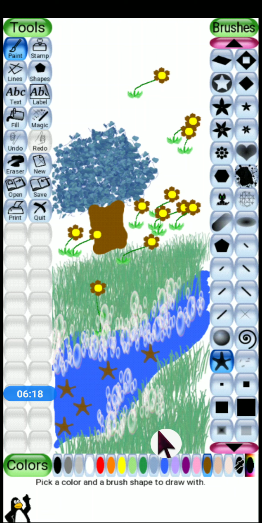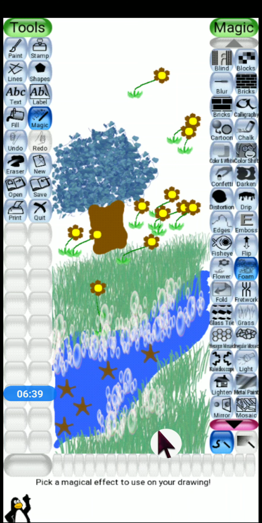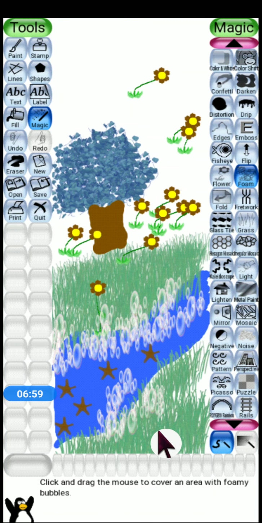Now, done with this, I have told you the vine effect from paint tool, the starfish effect from paint tool, the foam effect of magic tool, grass effect, flower effect, lot many. Now, in the magic tool we have some more interesting effects. Do you know rainbow? Yes, perfectly correct. The rainbow used to form after the rainfall. So in the magic tool we are having two types of rainbow effect.